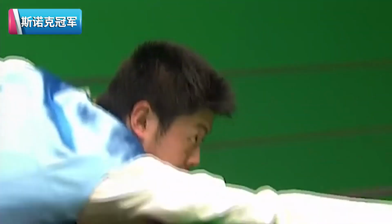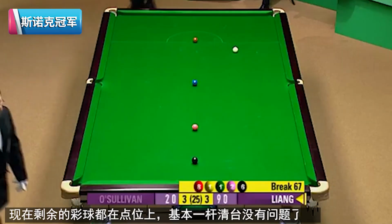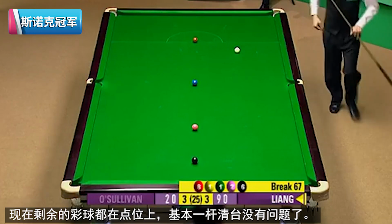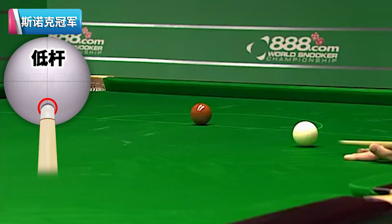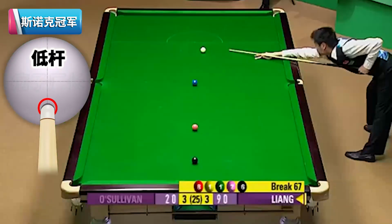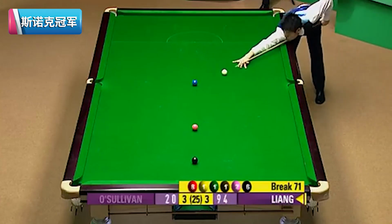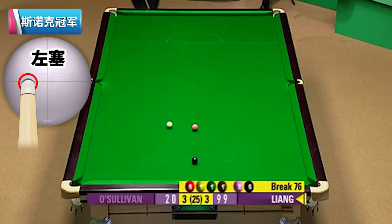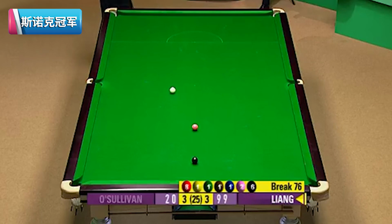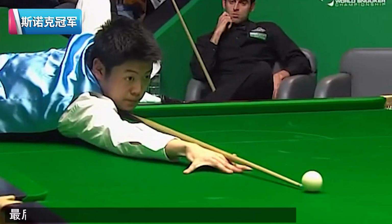8 reds, 6 blacks, couple of pinks, 67, and now the colours in the sequence. In the last frame he made a break of 104. 71. So Ronnie's had his chances in the last 2 frames, but broke down early, and that's been it. Although this one was particularly impressive because there was a little bit of a safety exchange which Liang came out in front with, and